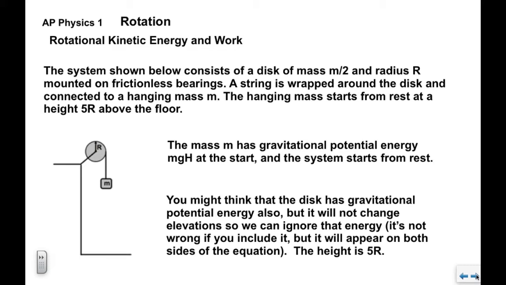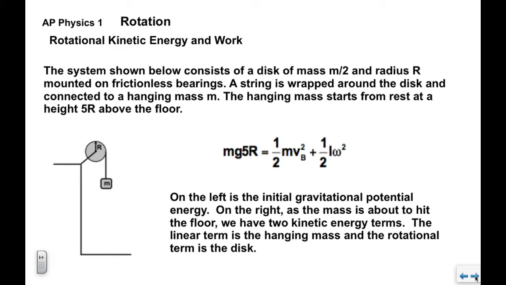So as the mass falls, you would describe point B as the point when the mass reaches ground level down here. When we set up our energy equation, here's mgh, hanging mass times g times its height, 5r. We're going to take this as h equals 0. On the right, just as the mass is about to hit here,